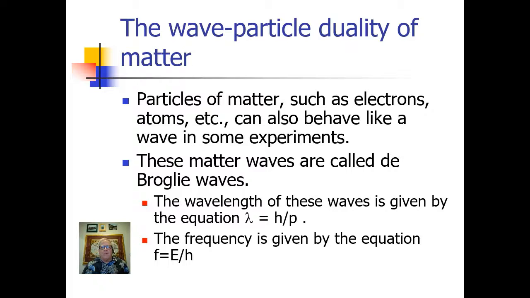And you will recognize the formula that you see here as a simple inversion of the formula that we saw already, where we said that the momentum of a photon is Planck's constant divided by the wavelength of the photon. Well, if that's true, then perhaps the wavelength of these matter waves, these electron waves, would be given by Planck's constant divided by their momentum. And if you work it out, the frequency of the waves would be given by the energy of the electron divided by Planck's constant.